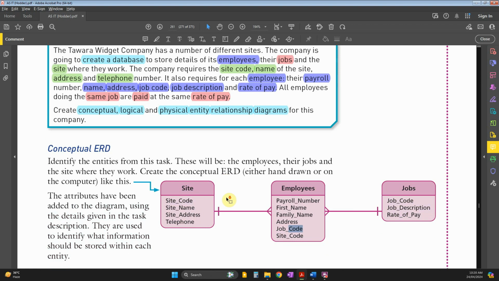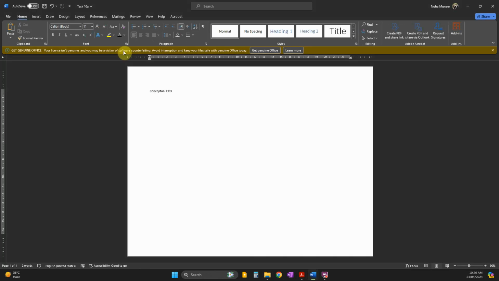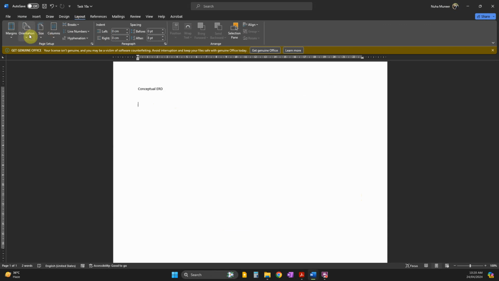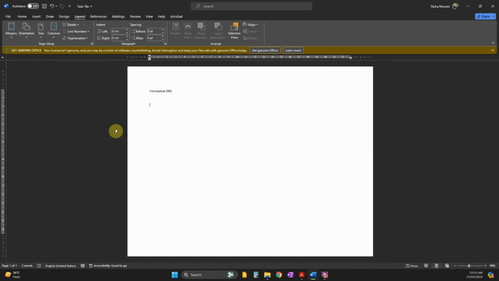Okay, so this is basically how you make it. Then you can just open a Word document if it is required in your exam to do it. I have already created one for this task and the next activity, so you can see I set the layout orientation to be landscape. It will be much easier, and then I put the first ERD, which is the conceptual ERD,